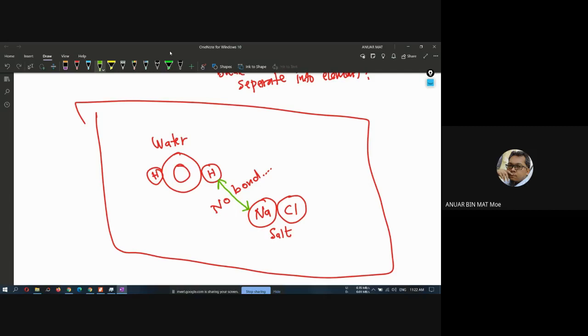But maybe there is a process when you combine the compound into a new substance. It will combine the elements. This is not bond, it just mixes around. This is bond. If you look at the diagram, it sticks together, right? This is what we call a chemical bond. Do you understand this, class? Make sure you understand.